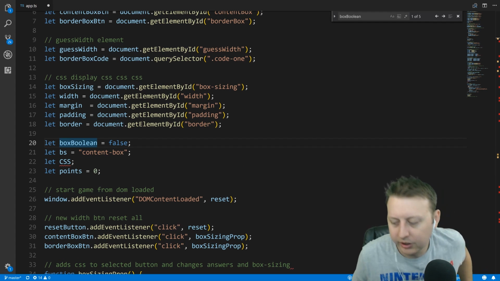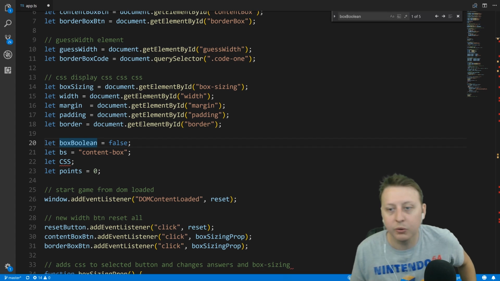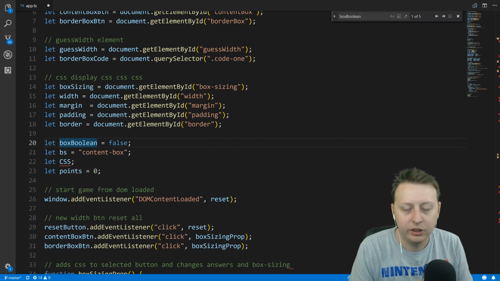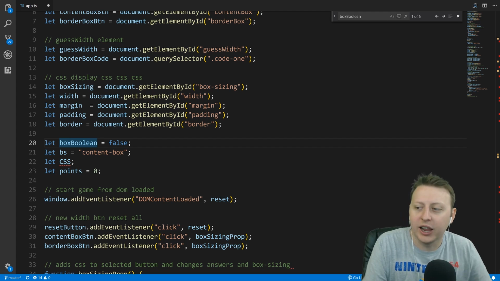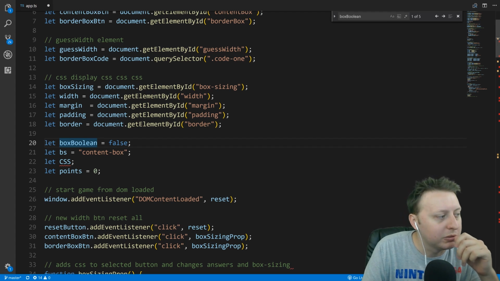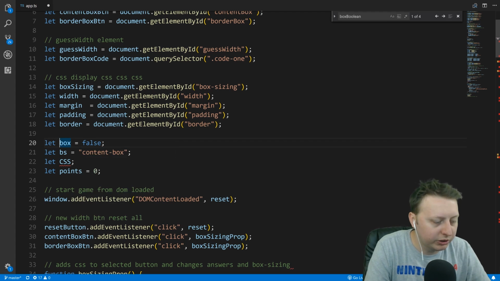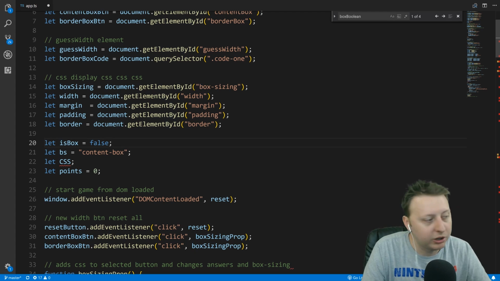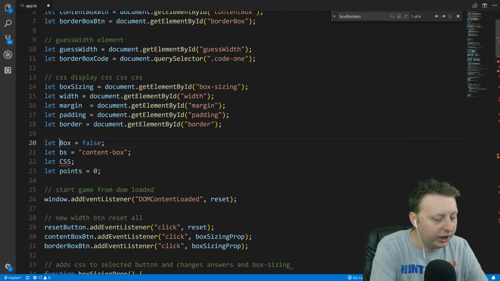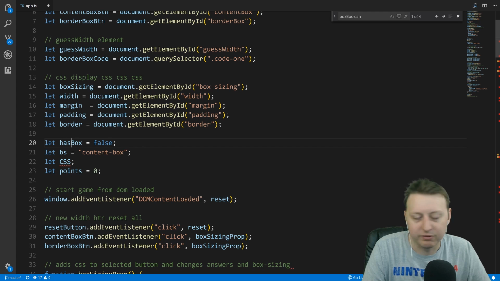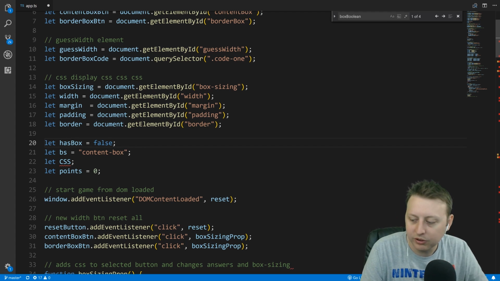Another variable naming convention to consider is when working with Booleans specifically: there is "is" for present tense or "has" for past tense in terms of the naming convention. This sort of lets you flag it out here, and typically we don't ever want to put the variable types in here if we can avoid it. So we could do something like this, where instead of boxBoolean, isBox, meaning it is a box or it is not a box, or if you prefer, the past tense, hasBox or does not have box, in that sense. The only thing I will say is that when you are naming this, keep it singular,